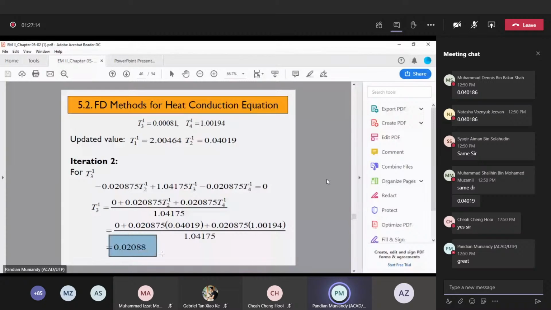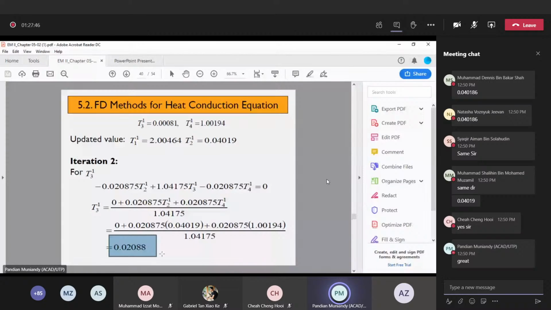0.02088. This is how you have to practice, class. You cannot take it for granted, because if you just follow the notes without calculating, it is very difficult for you. Next time, if you are asked to solve, you may plug in the wrong values. So make sure you plug in the correct values and then get the correct output. So T3,